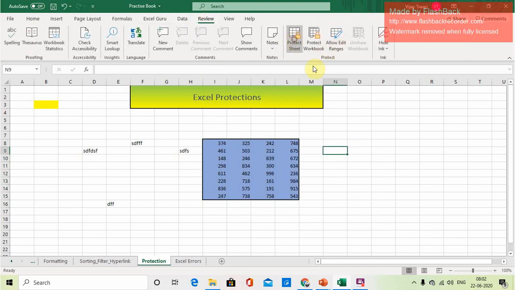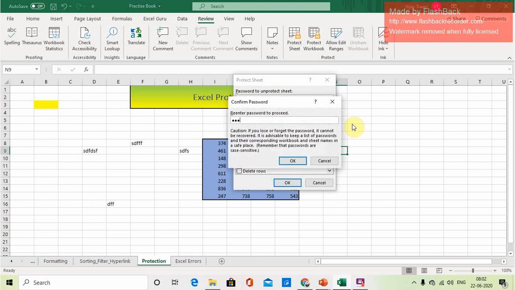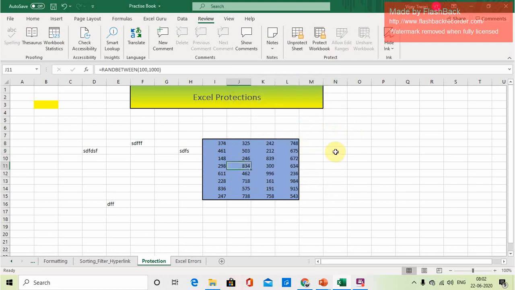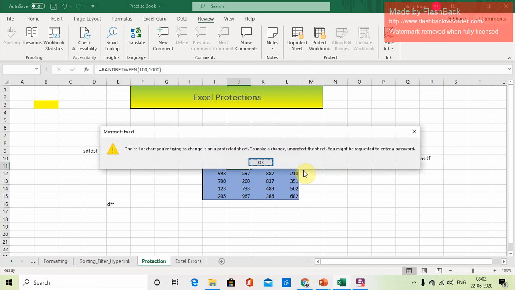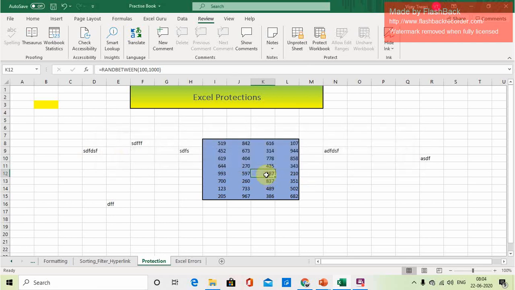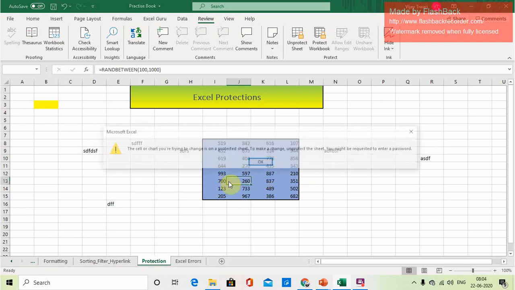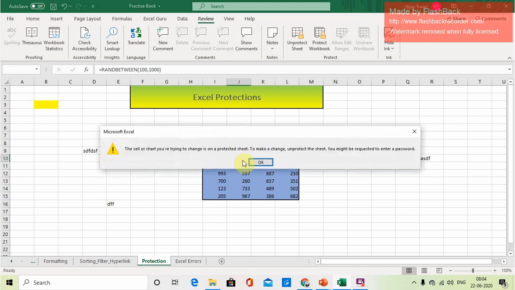Go to protect and enter the password. If I try to write anything here, I can do that. But if I try to make any changes in this range, I won't be able to. So this is about the particular range protection.